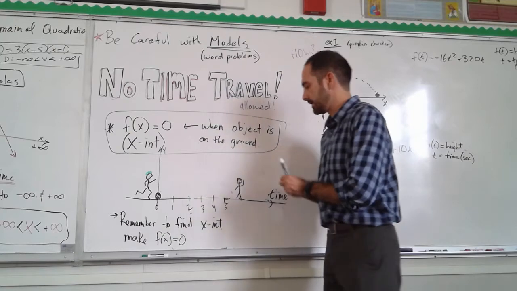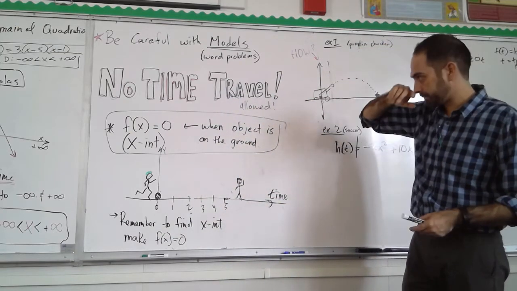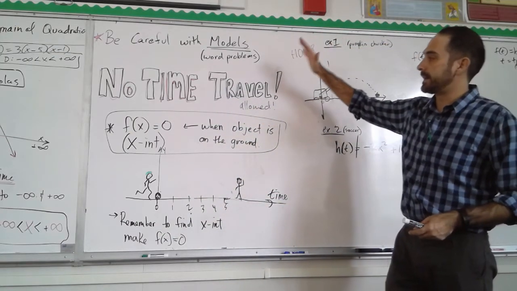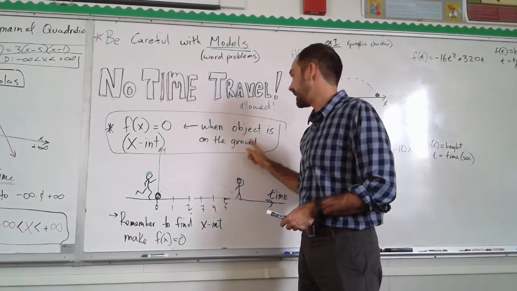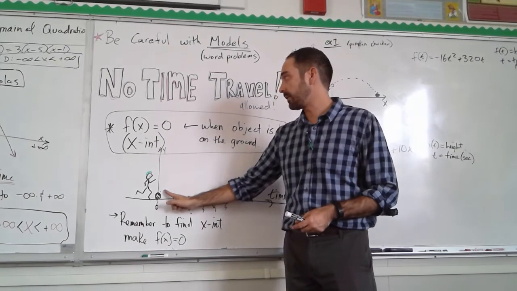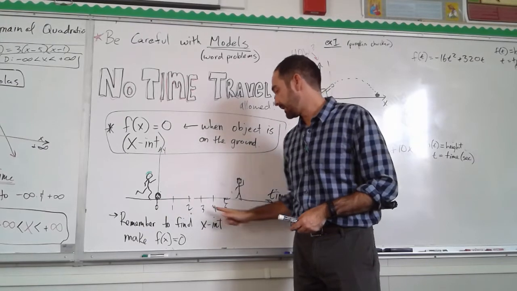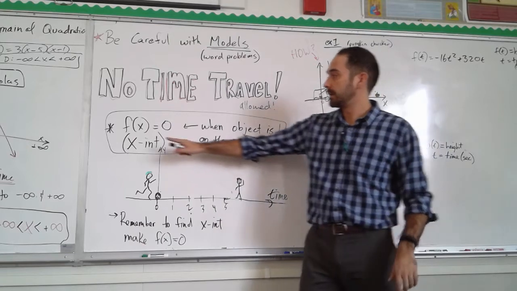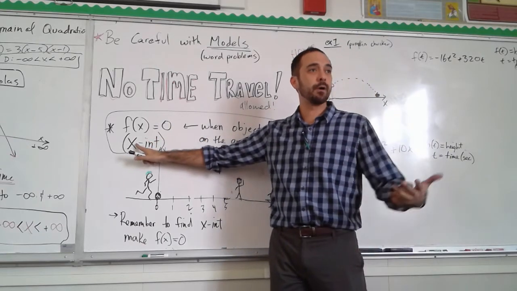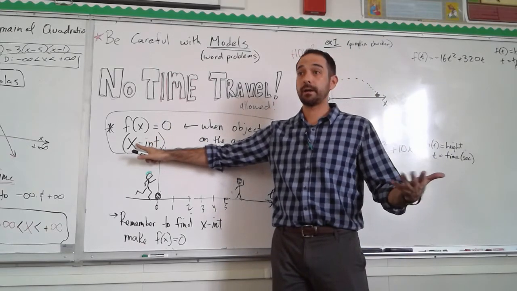Slowly finishing that through the day. Now, the next step is we want to find where the object is on the ground. It's on the ground at 0. It's going to be on the ground over here at some amount of time. Now, the thing is, we want to find the x-intercepts, and if you recall from factored form of the parabola of quadratics,